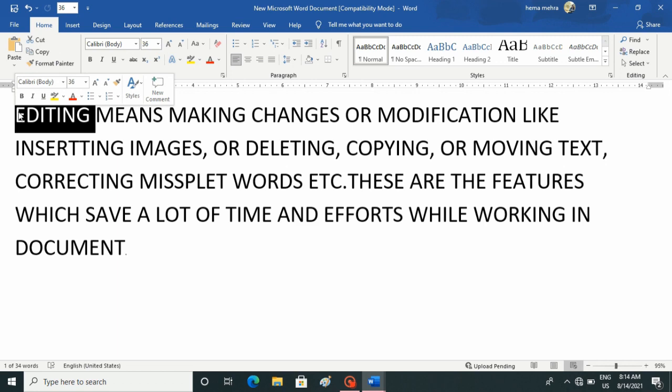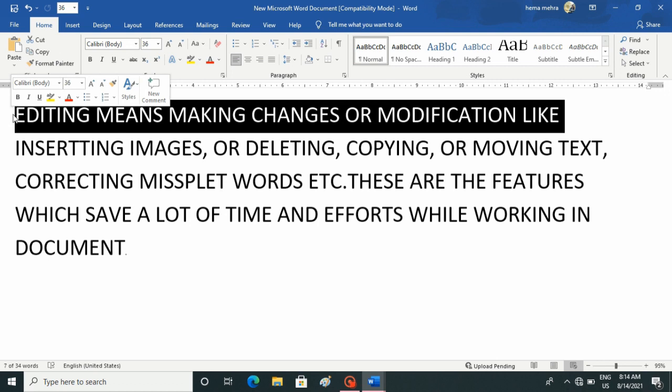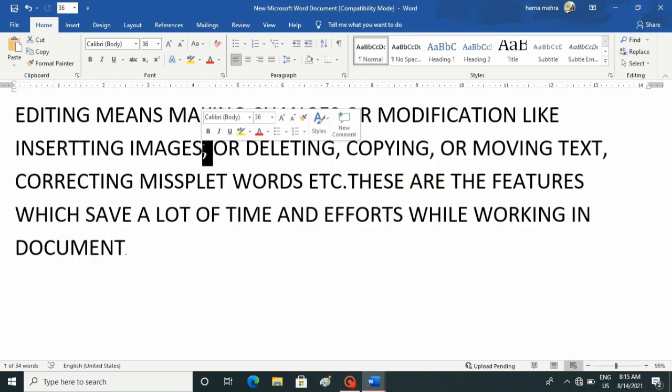Now the next one is a paragraph. If you want to select a paragraph, what you can do? Click the left mouse button thrice in the paragraph and your whole paragraph will be selected.